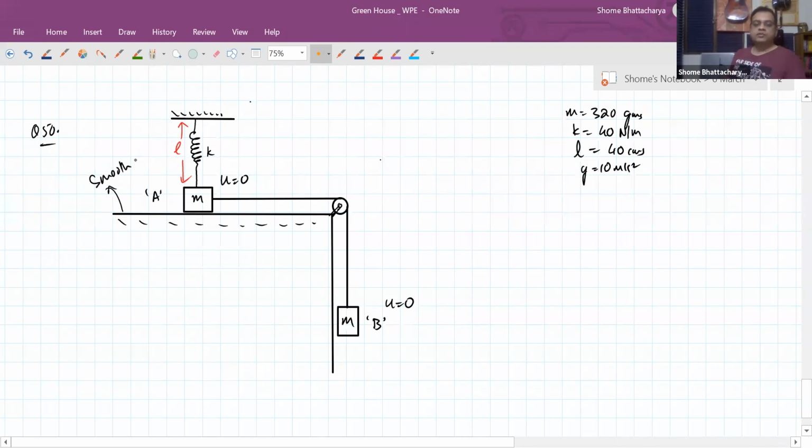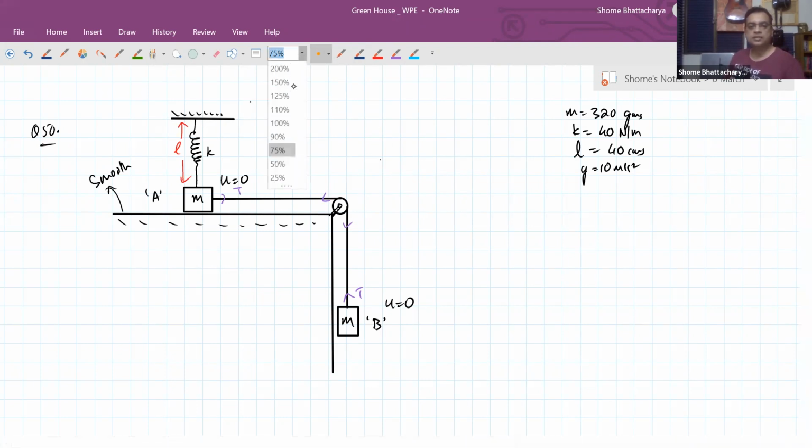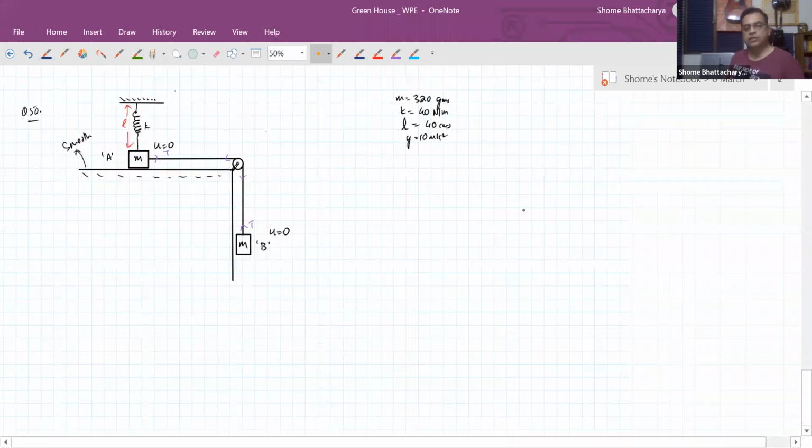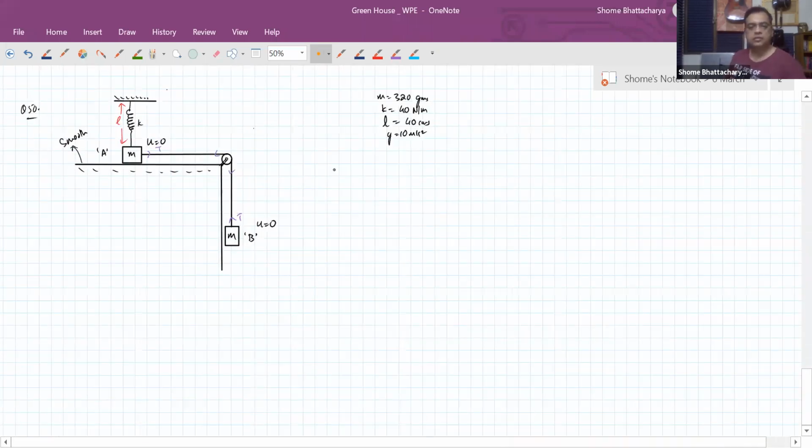Okay. So when we release it from here, what's going to happen is because of the tension pulling on this block, and the string is becoming tense because of the weight of this block B. What will happen is A will move towards the right, and as A moves towards the right, the system will go into some kind of state next like this, which I'm drawing below. It's going to reach some kind of a state like this where